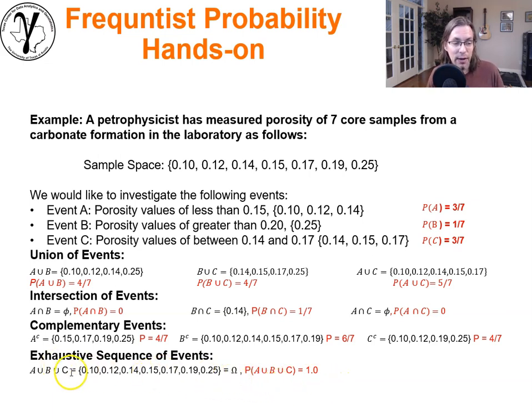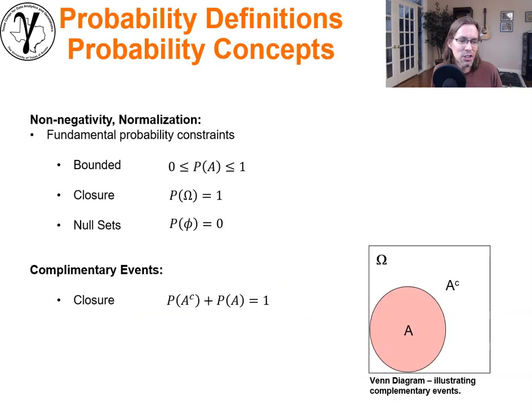I just realized I have a little error here, so I apologize for that. The union of A, B, and C actually missed one of the values. So in fact, I should have removed it, and it should be 6 out of 7. So I was just testing you. Okay, anyway, I'll get that corrected. It's not bad. It just shows we're all human.